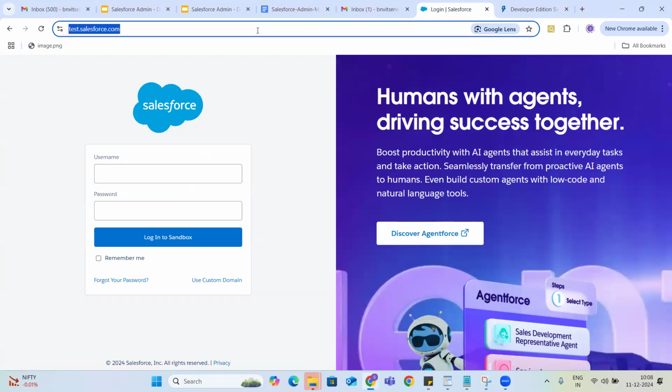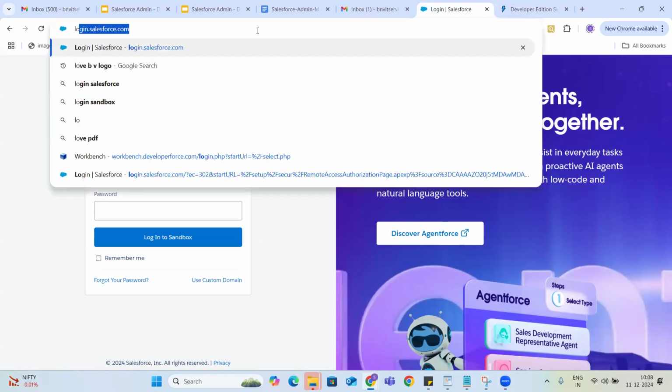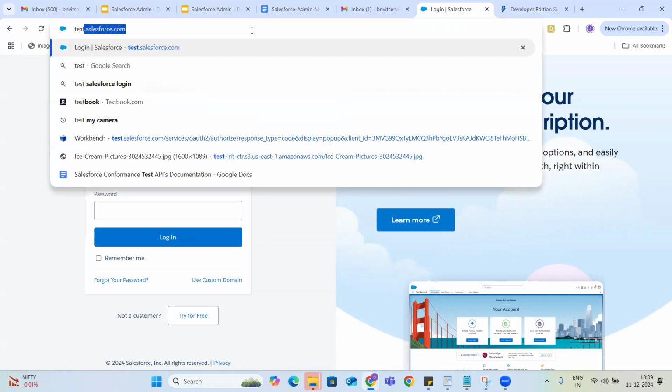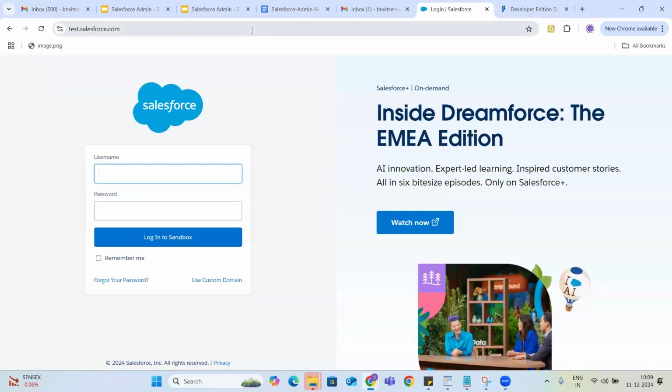So mainly you need to remember three URLs, guys. One URL is login.salesforce.com. It asks you for the username and password. It's the Salesforce homepage. Like when you open up Gmail, it asks for the email address, and after that it asks for the password. The same way, it's a simple UI page to access the Salesforce org. Then we have another URL, test.salesforce.com. This is another URL which has a similar kind of UI asking you to log in.